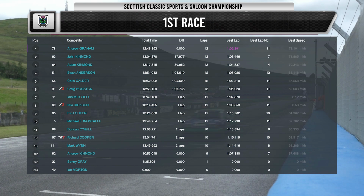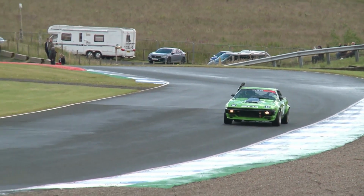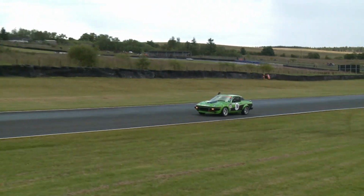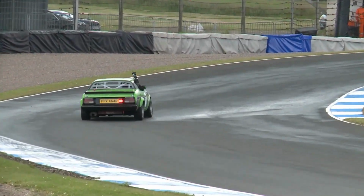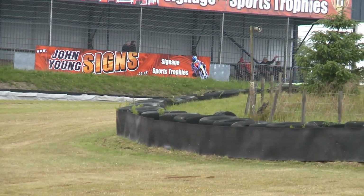Adam comes across the line though to take P3 and the win in the Invitational class ahead of Colin Calder. Then it's Ewan Anderson, Craig Houston will go with for now, Ian Mitchell, Nicky Dixon, Paul Green, our winner in XR2 class. I should also say that Craig was the winner in Class B, Ian Mitchell the winner in Class A, and then outside the top 10 we had Michael Longstaff actually just making it into the top 10 in fact in his midget. Then you've got Duncan O'Neill